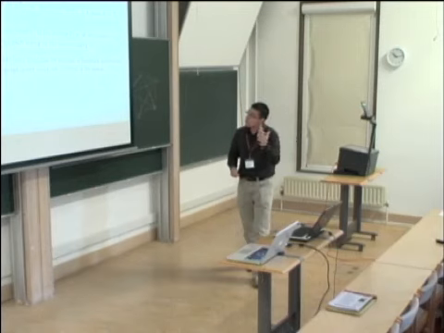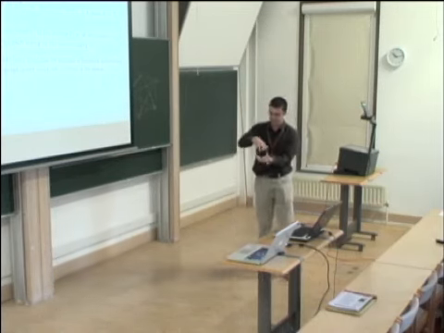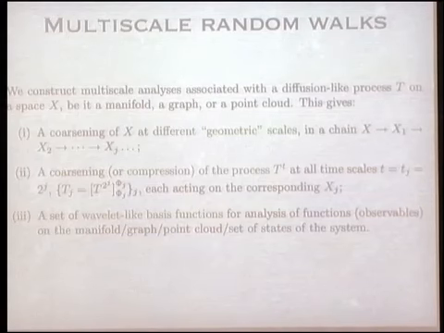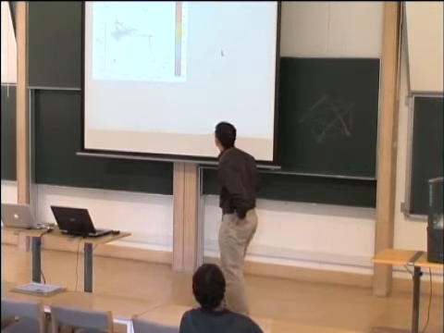OK, so in this way, we get a multiscale analysis of the graph. We get some subsample versions of the graph. We get different representations of a random walk at different scales. And we also get a dictionary of functions. These bumps that we produce are a dictionary of multiscale functions on the graph. So we can use them for prediction, for example.